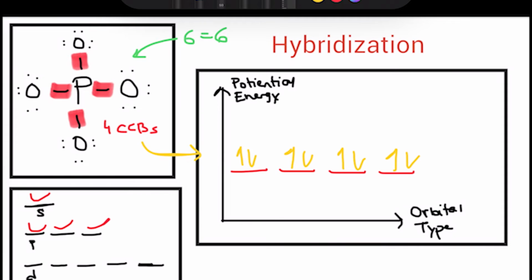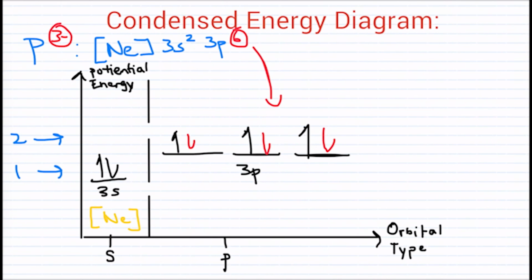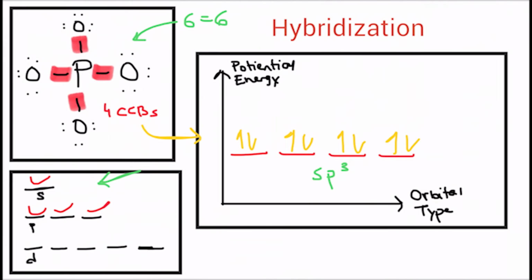To name this, we know that 1 s orbital and 3 p orbitals have been taken over. So we will write 1s, 3p, the superscript indicating that 3 p orbitals are filled. To finish, we know that our last electron level was level 3 from our condensed energy level diagram. Therefore, we put the number 3.